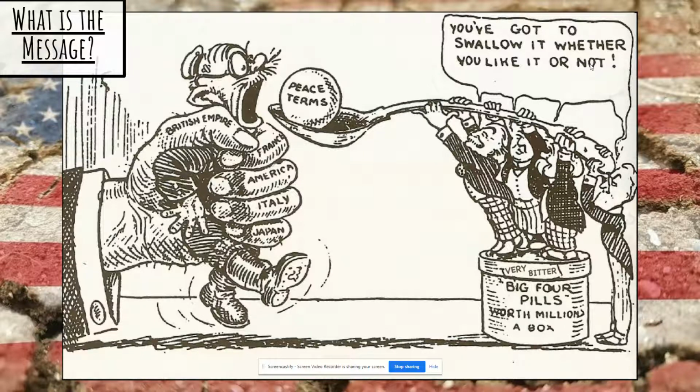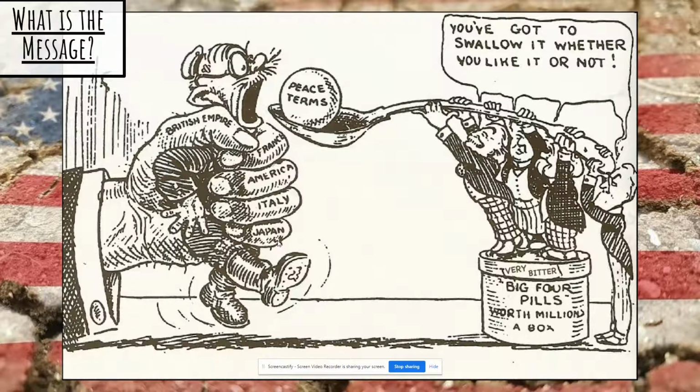So when you look at political cartoons, and this is one of the ones about the Treaty of Versailles, and you will see this in the future, hint, hint. Notice how you have the big four. Okay, well, it's the big five, but in this picture, it's just going to say the big four. Notice how it says the British Empire here. These are going to represent the other ones that attended, like America, Japan, etc. So they are holding the spoon to the peace terms. So that's the Treaty of Versailles, and they're force-feeding that to the German. Now notice how the British Empire, France, America, Italy, and Japan all have their arms wrapped around it.